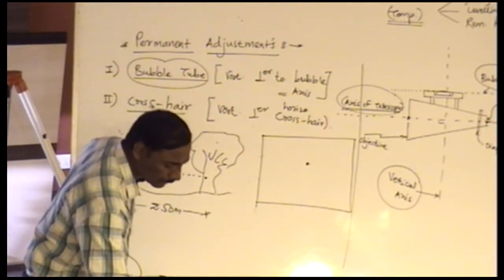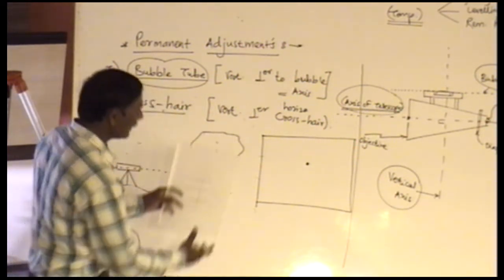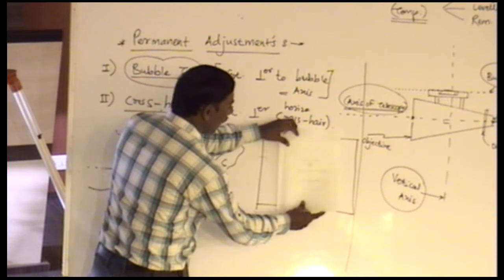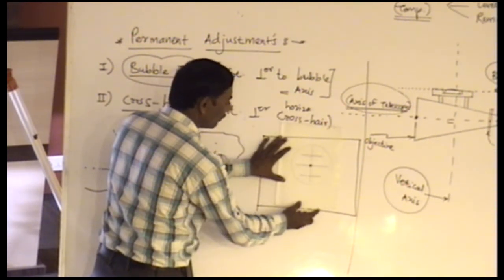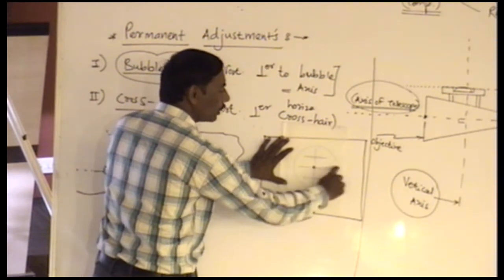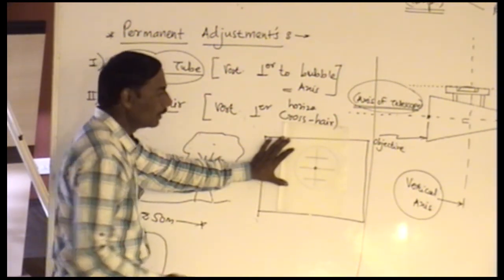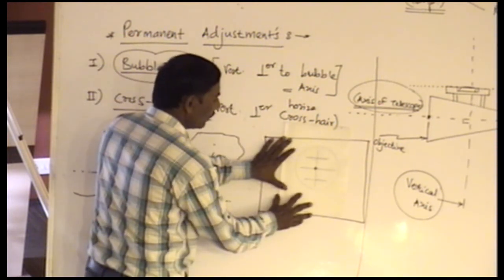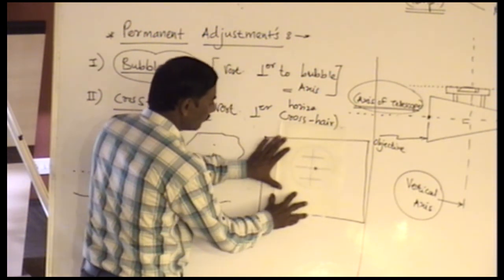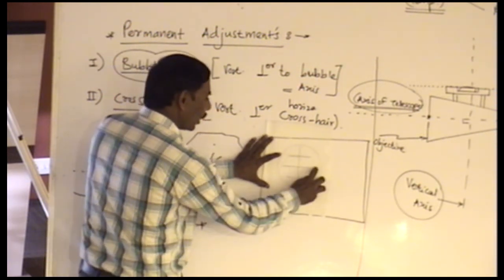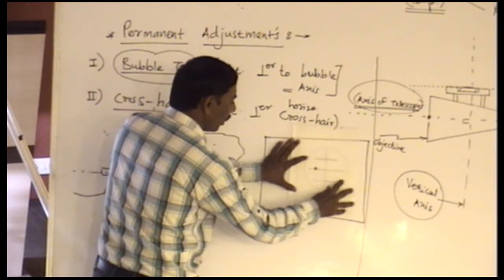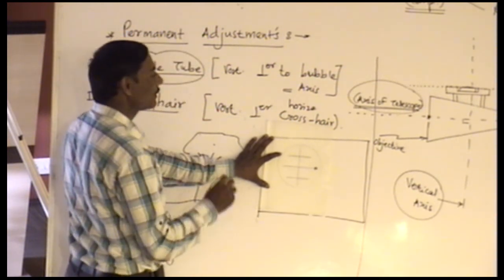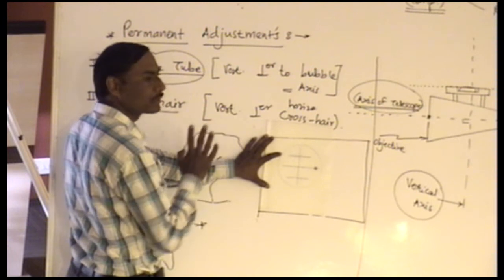But while marking that dot, I will take one care. Let us assume this is my diaphragm, which is observed through the eyepiece. And when I mark that dot, I will take care that the dot has been marked exactly at the center on the horizontal hair. And using the tangent screw provided over here, you can turn the telescope rightward or leftward and see whether that dot marked is exactly moving on the horizontal hair or not. If it is moving on the hair, it is exactly horizontal and the relationship holds good.